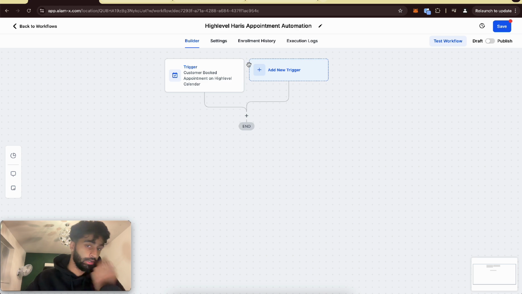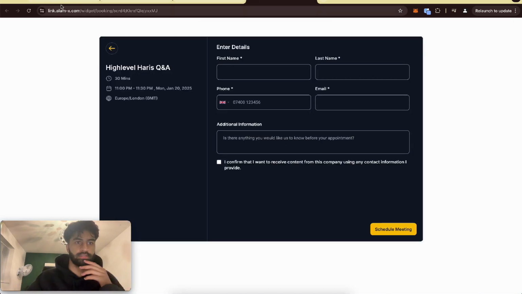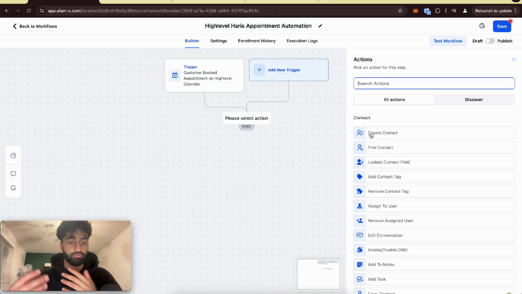Okay, so someone's booked. What we want to do, like I said, is tell ourselves. Now, I'm not sure if you have this, but download the Lead Connector mobile app on your phone, Android or Apple. Download it and sign in with the same credentials you have for High Level. What that does is everything on your laptop will be on your phone. So everything in this laptop version of High Level will be on your phone, like your contacts, your CRM, etc. So what we can do is send a notification to our phone saying someone has booked. So you want that app on your phone so you can send notifications from the laptop to your